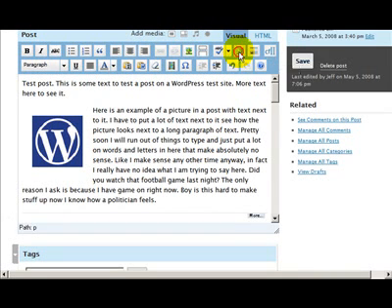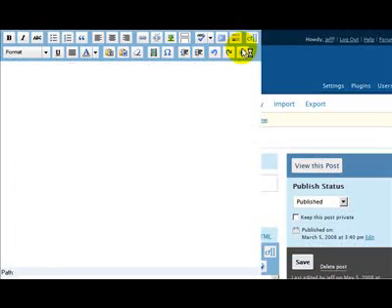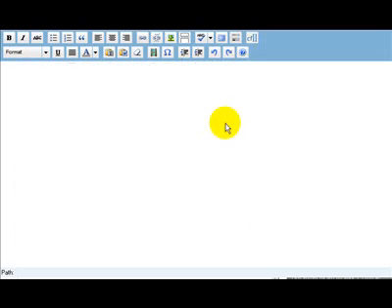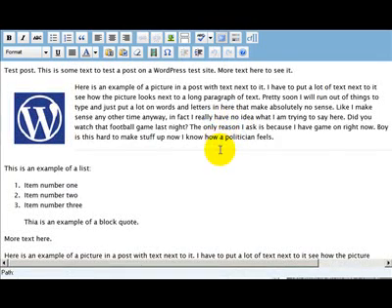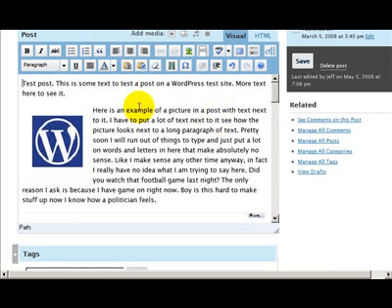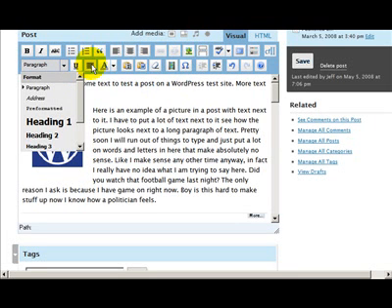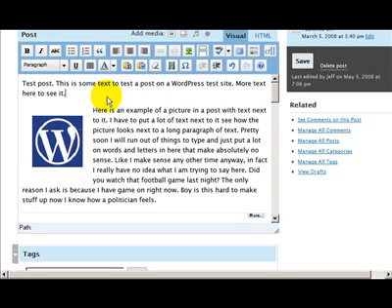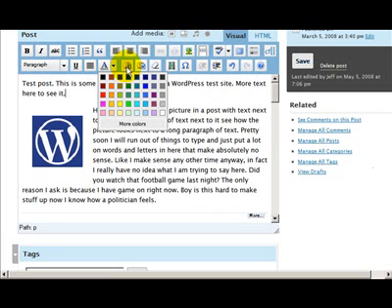A couple other things that have been added. There's a full screen mode. You can click, it'll bring up the post screen in full screen. You can toggle that off and on. You can format the paragraph, underline, full line, change the color of the text. You can paste from plain text into the post,